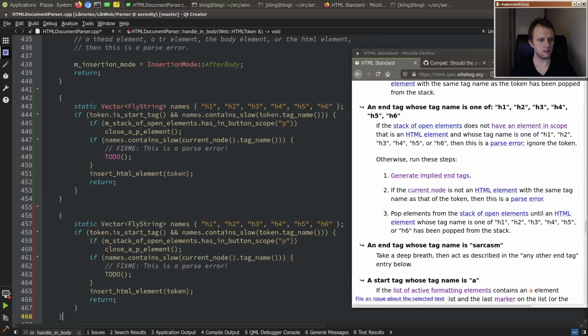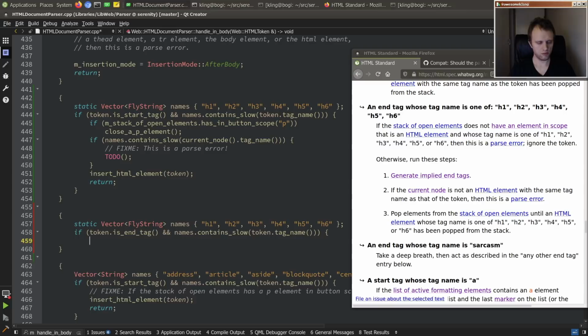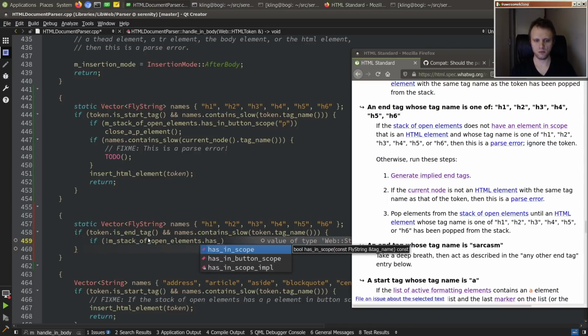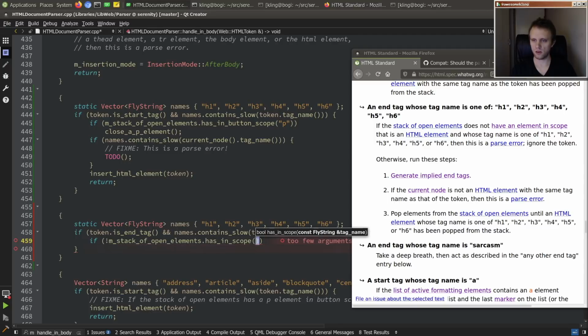So let's see. There's an end tag. We can definitely organize this better, but let's write it out this way for now. So what do we do in response to this situation? If the stack of open elements does not have an element in scope whose name is one of these guys,